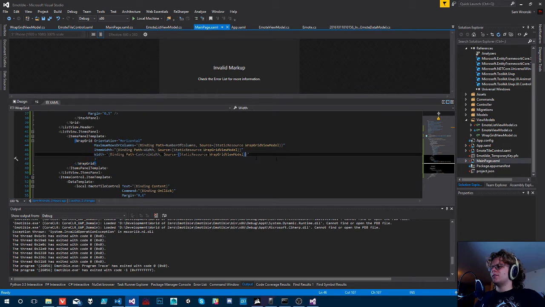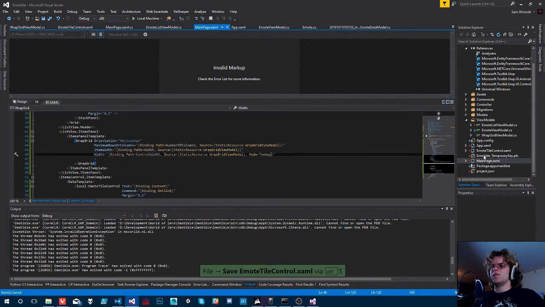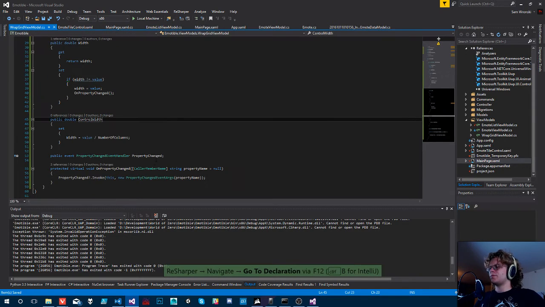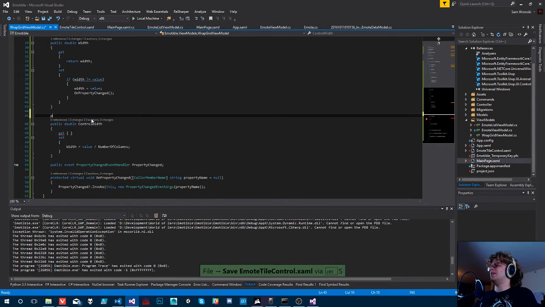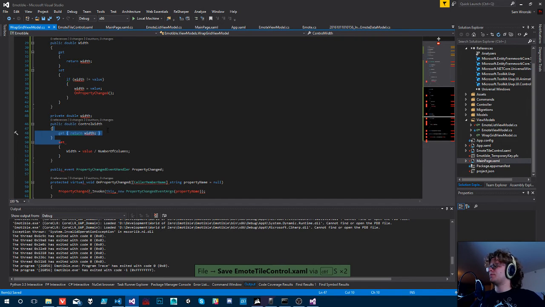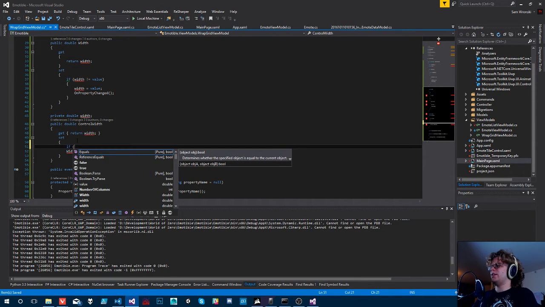And so we've got this, and then we just need to change the mode to be, when the binding is created, one way. I think we may need to do this 2-way. I don't think it'll work otherwise. But we can just have a getter and a setter here, I guess. It actually will make our code a little bit more efficient because we won't be resizing our control when we don't need to. So I'm going to store the width like so, and this can just return it. Get rid of that extra bracket. I can't call it the width, I need to call it the control width,